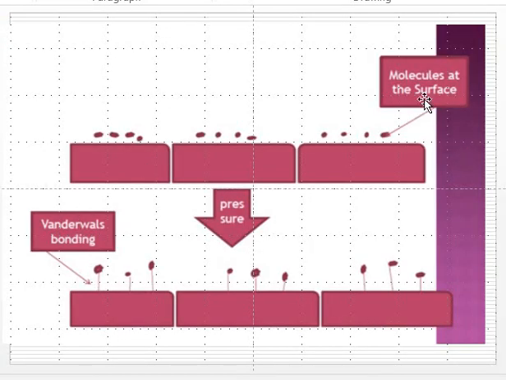See here, your initial particles at the surface and the other particles at the downside or at the bottom. Generally, these particles are broken down particles or the newly developed particles, and these are the old particles. And because of that pressure, these particles are gaining the van der Waals forces of attraction. That's why these particles will try to attract each other, and they will try to bond into the compact mass.